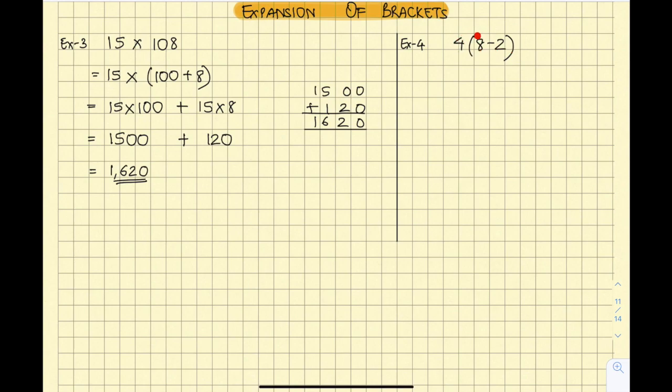Now we see the next example, that is 4 bracket 8 minus 2. So 4 has to be multiplied by 8, then minus in between, and 4 has to be multiplied by 2. So here 4 multiplied by 8 minus, this is in one bracket and the other one is 4 multiplied by 2. 4 eights is 32 minus 4 twos are 8. And then when you do subtraction, units below units you write. 2 minus 8 you cannot do, so this is 12 minus 8 gives 4, and the 2 is as it is. So we get it as 24.